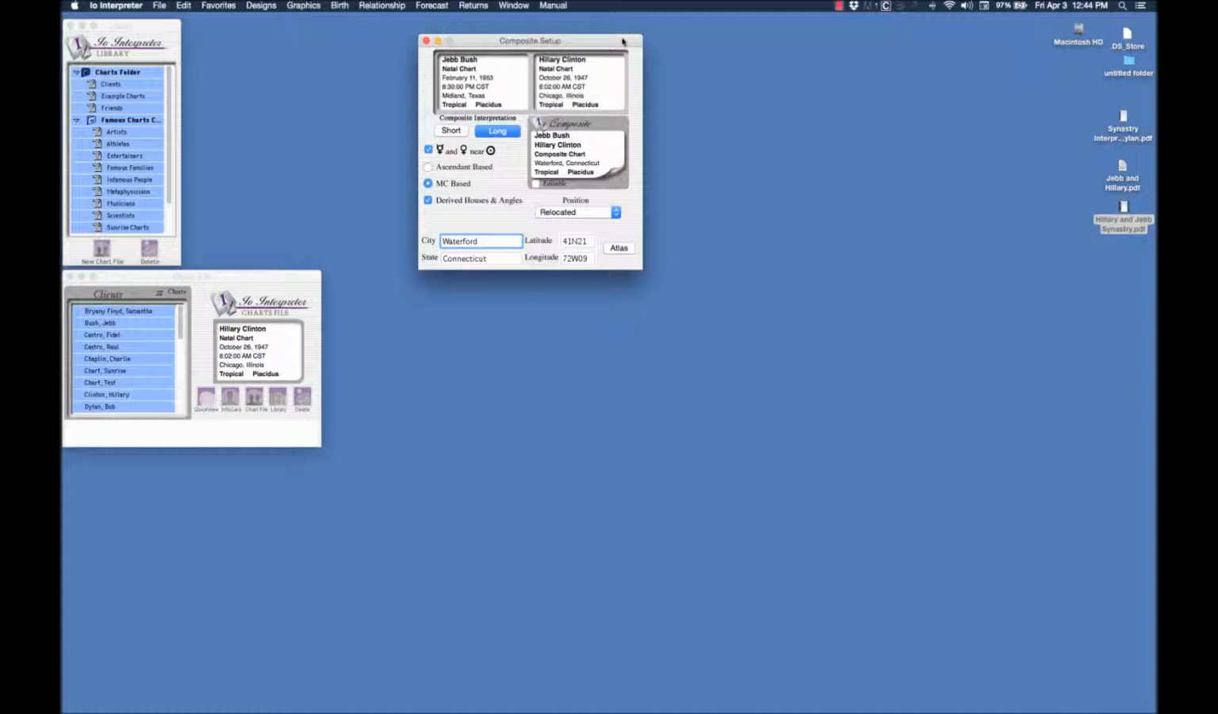Now in the composite setup, I have again a short and long option. You can determine which text you prefer. Mercury and Venus, of course, with their positions close to the Sun, you can end up with different results. If you click this, it moves it in nearer the Sun. Some people believe that that's a better way to do it. You can have ascendant-based